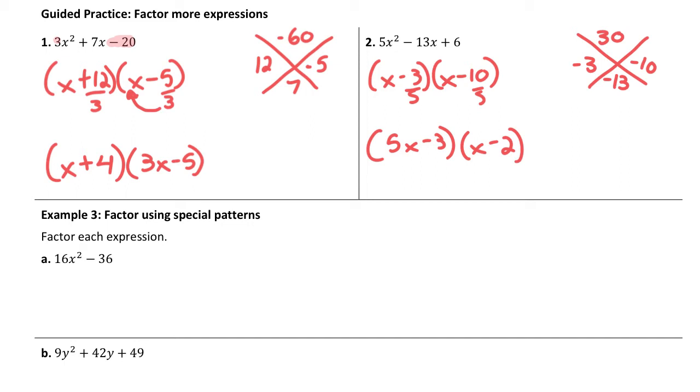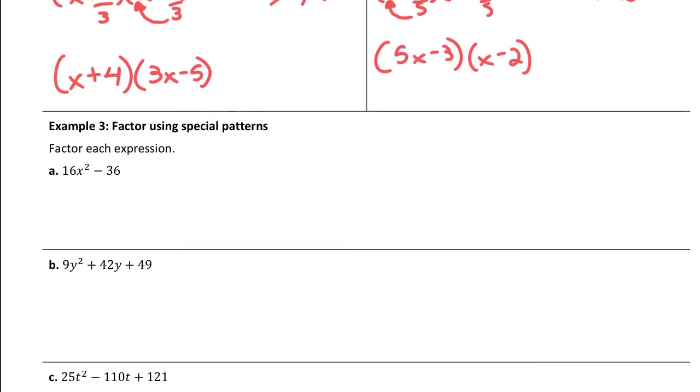I can simplify 10 over 5. I can't simplify 3 over 5. That's why I multiply 5 on the front. So now that we got that pattern sort of down, I'm going to move on to some special cases or